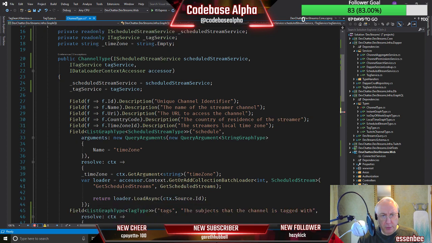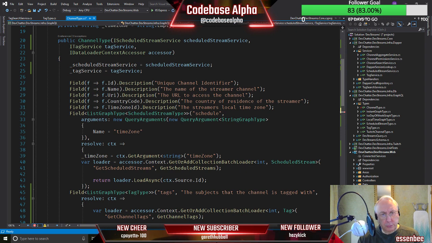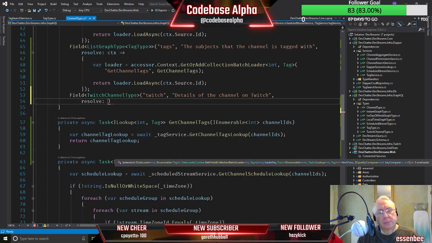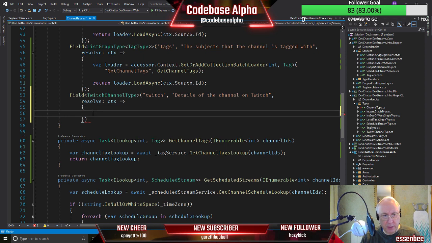We haven't got a repo, so we could use a data loader again, couldn't we? What's the best way to do that? Let's just go with that idea of using data loader just to reduce the load on the database and see where it takes us.